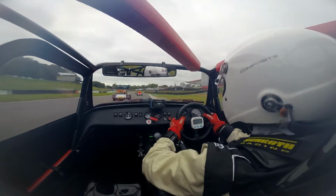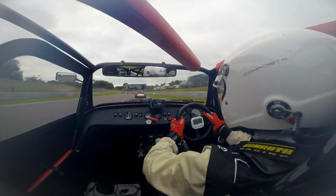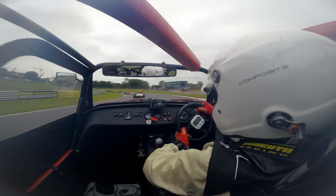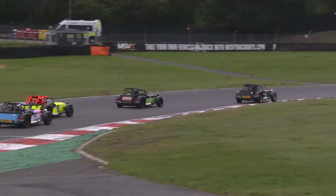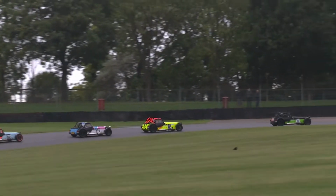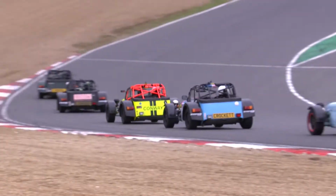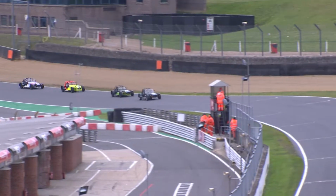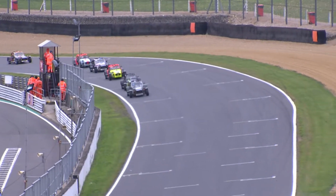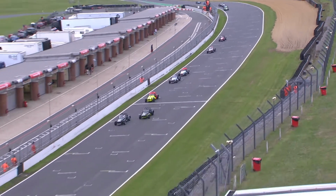As Peter Martin heads down through Graham Hill Bend, runs a bit wide over the curbs. Careful not to do that too often, otherwise you will get pinged for track limits. And if you are exceeding them too often, you will be given a time penalty at the end of the race. Through Clearways then, the leading 5 cars, let's call that together. And what a great start it's been for the 133 of Darrell Cresswell. Started 7th, up into 4th place already, and challenging the front runners